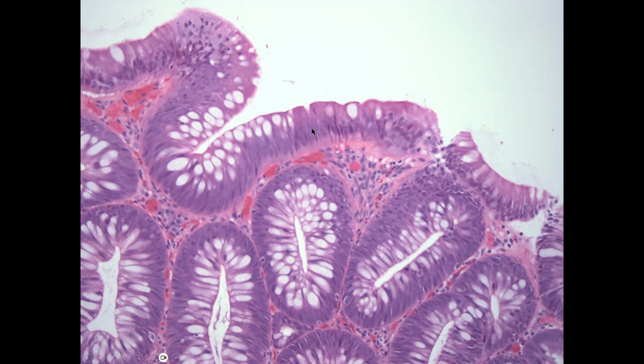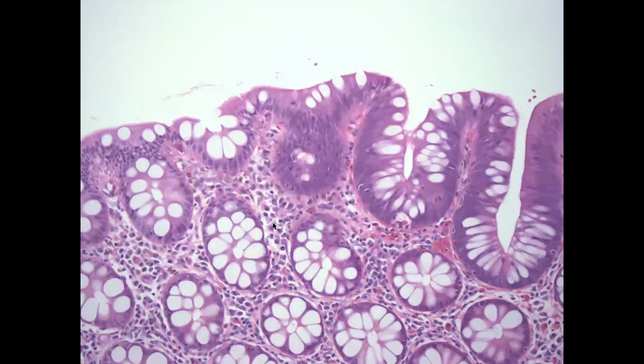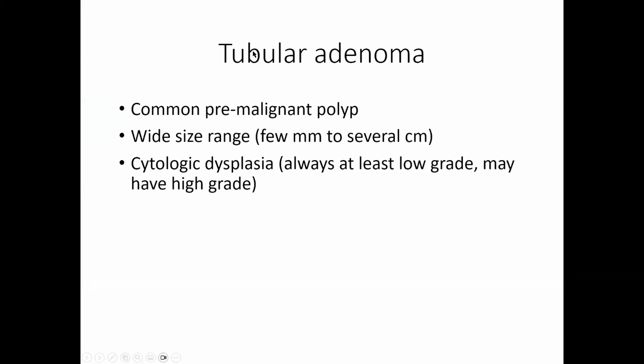These are less well differentiated. From low power, we saw that these weren't making nice mucin vacuoles. Here, the goblet cells are present but really diminished, smaller compared to normal. So these cells are not as well differentiated as normal colonic epithelial cells. And on this image, you can see the junction between the atypical cells on the right side and the more normal cells on the left side. So basally located, nicely spaced, clearly identifiable nuclei, nice large mucin vacuoles, and then all of a sudden this crowding and overlapping and diminished mucin vacuoles. So this is dysplasia. This entity is a tubular adenoma,